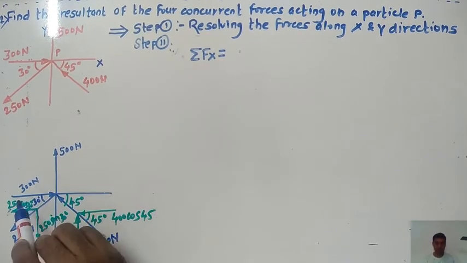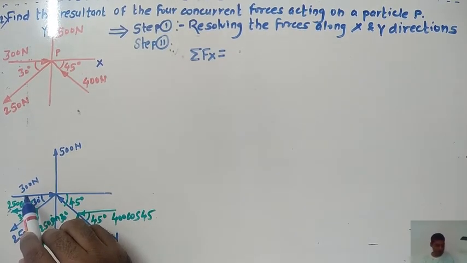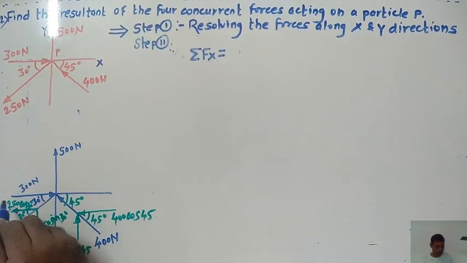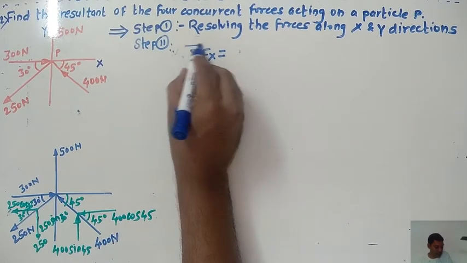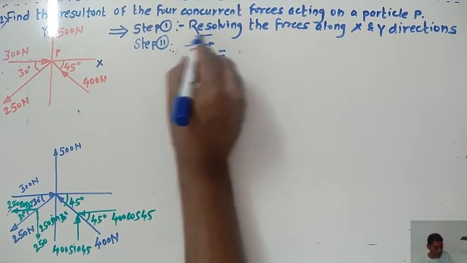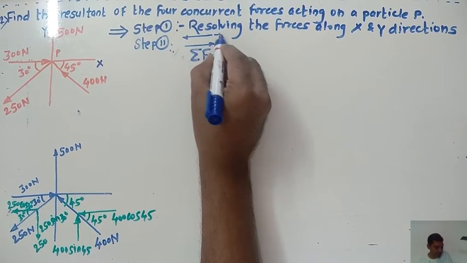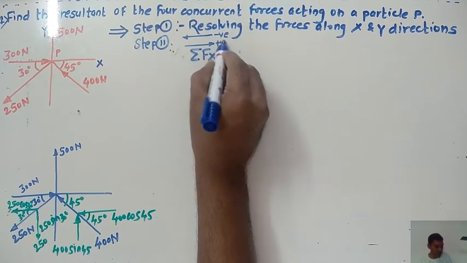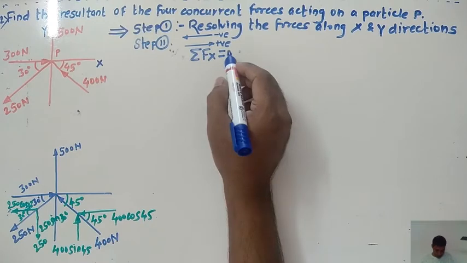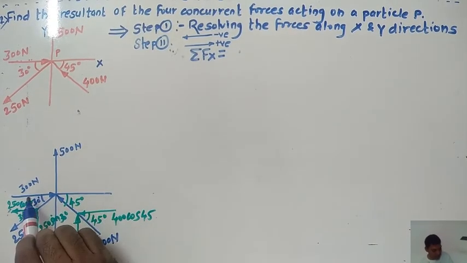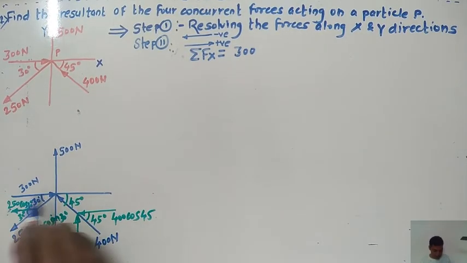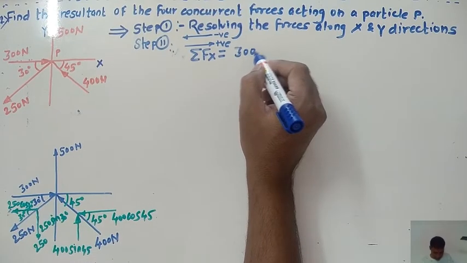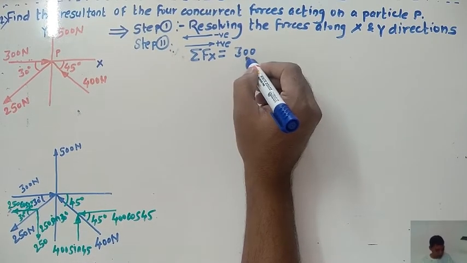Okay, so serially, what about the first one? We have 300 Newton. Say this force is running towards the right direction. Here I'll just show the symbol. Okay, the forces running towards the right direction and the forces running towards the left direction. You need to consider the negative sign for this one, and the positive sign for this one. Okay, so just focus only on the horizontal forces. The 300 Newton force is running towards the right direction. You need to consider this force as positive. Okay, so right now it is not necessary to write the unit here. Keep this as it is.